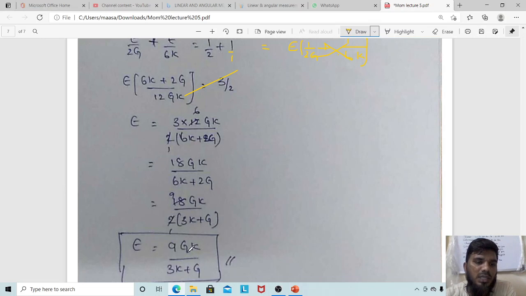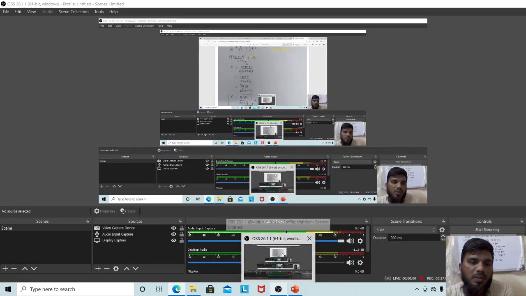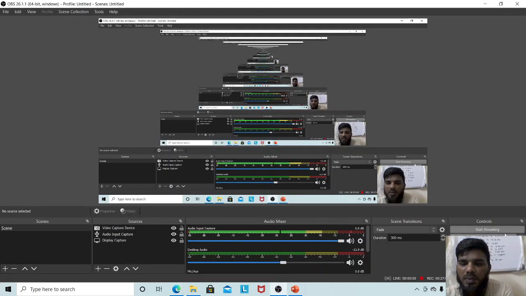E is equal to 9gk divided by 3k plus g. This is a very important problem. Repeatedly this problem has been asked in many question papers, so try to go through this question again and again. If you have any doubts, please